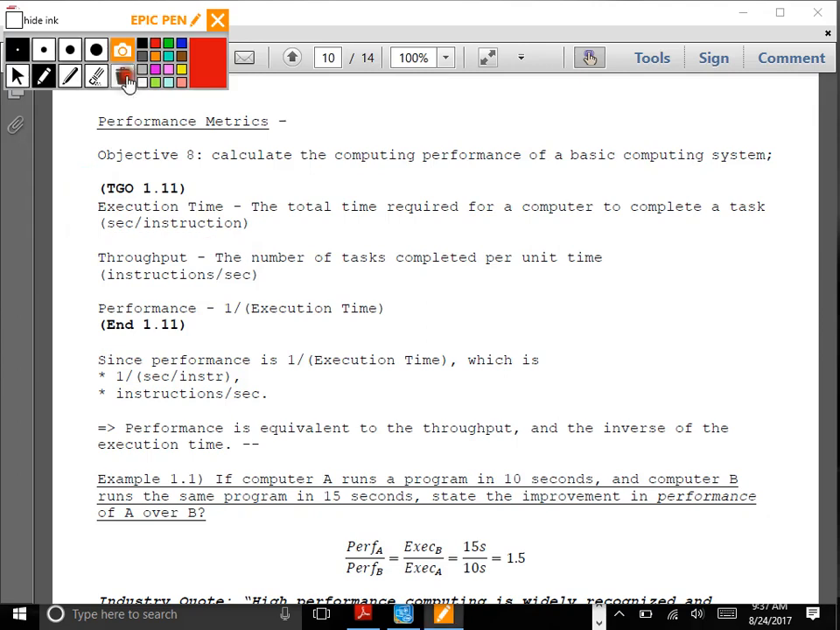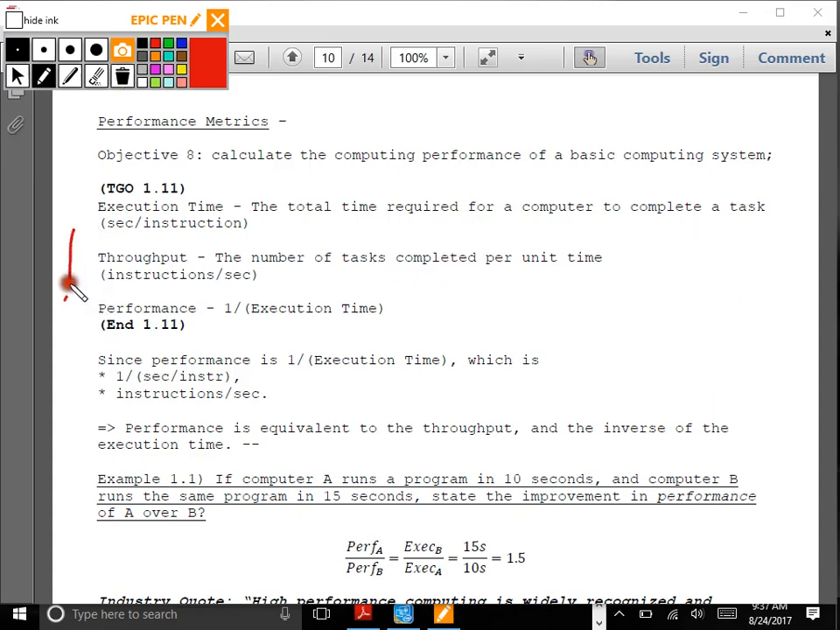The second one here is throughput, the number of tasks completed per unit time. Throughput, very simple: instructions per second. Basically, throughput is the same thing as 1 over the execution time, because you can see that these are the inverse of each other. Execution time is how long it takes. Throughput is the number of instructions we've completed over that time. And then